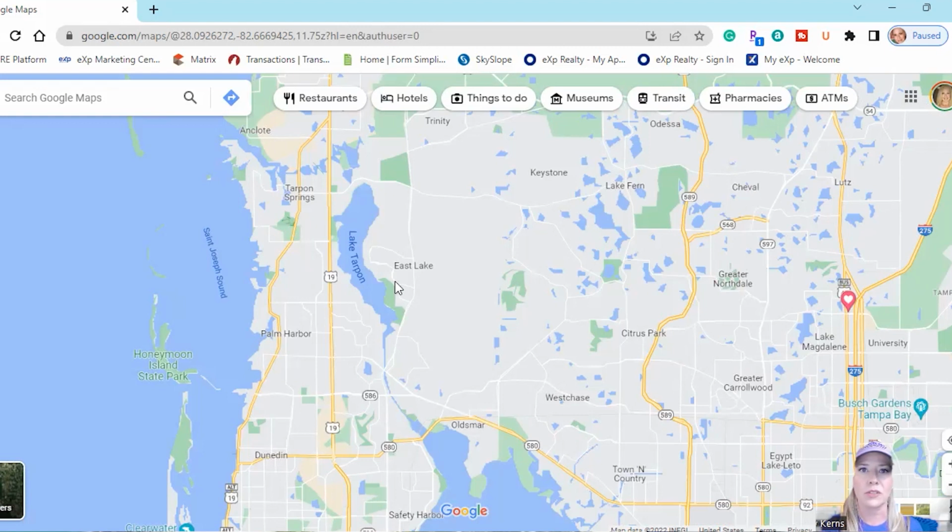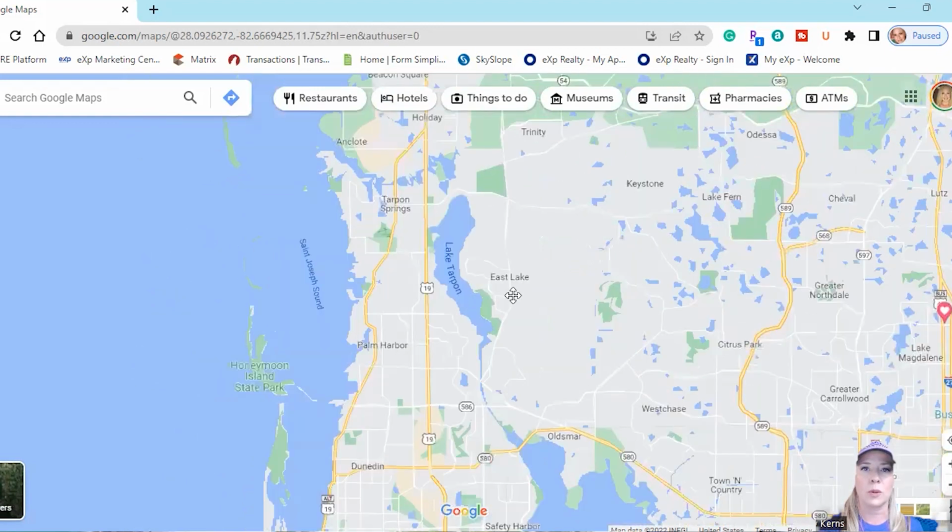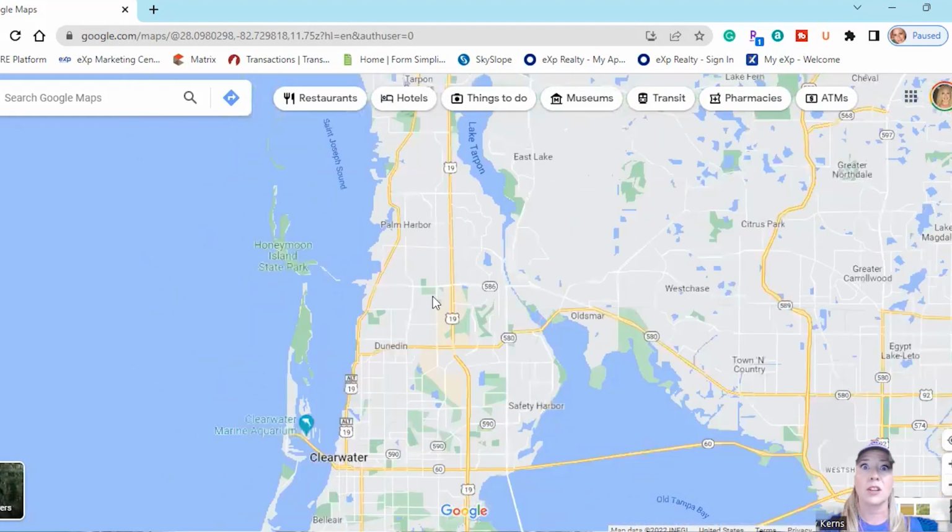It's close to golf courses. It's close to the beach. So it kind of ticks all of the marks when you're looking at all of those criteria that we mentioned